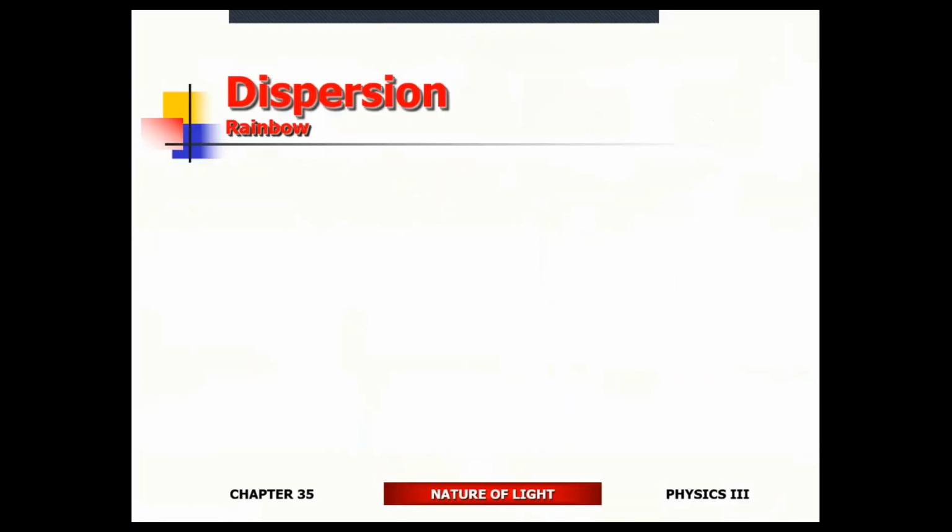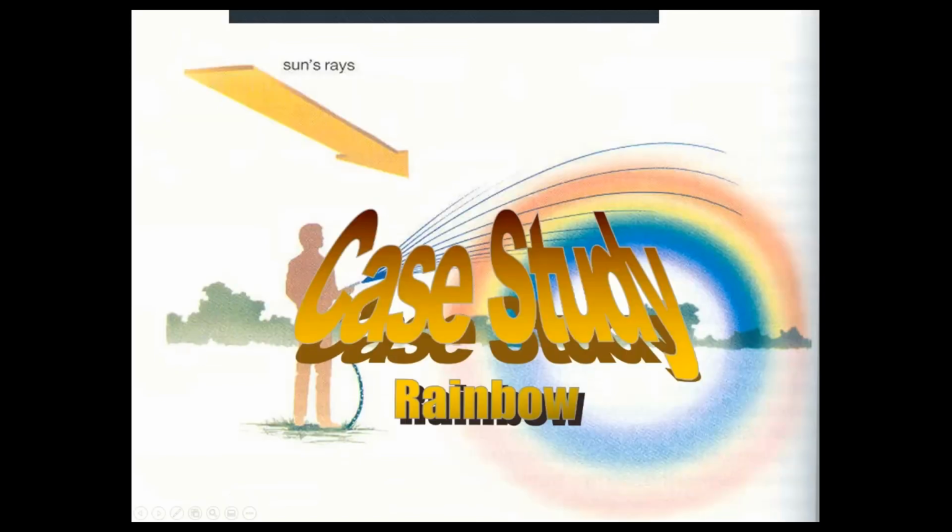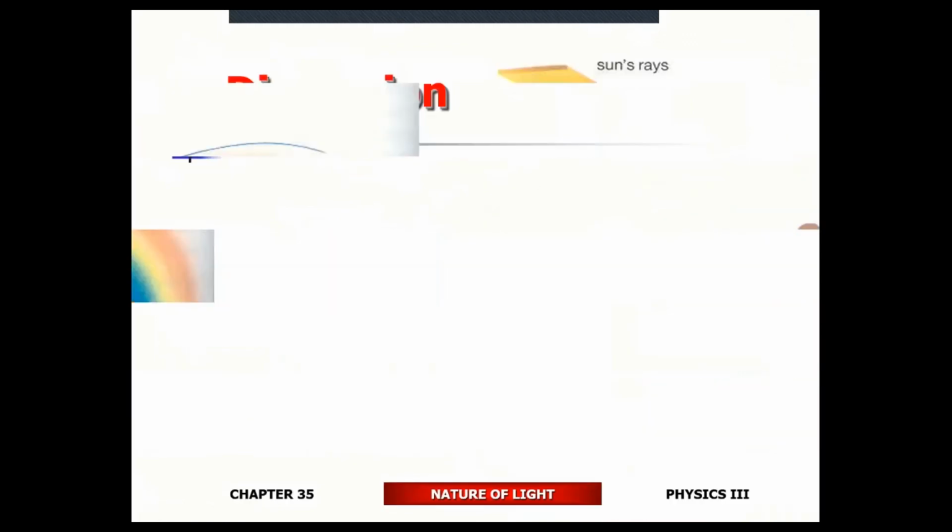Rainbow. All right, so let's talk about the rainbow. When you're looking at the rainbow, what do you see? Once again, red is going to be on top. Speaking of rainbow, red on top, the violet is going to be at the bottom. So what's the color separation when you have a rainbow? The rainbow is going to happen only when there are water droplets.